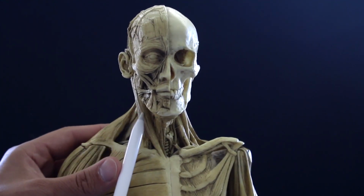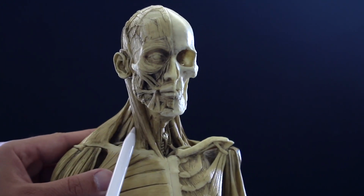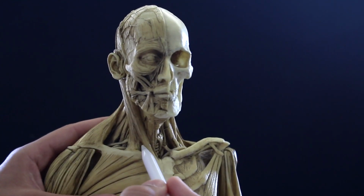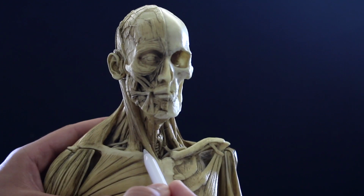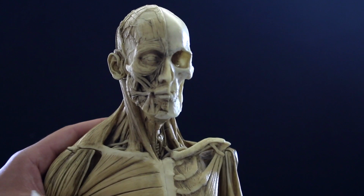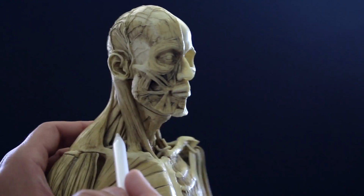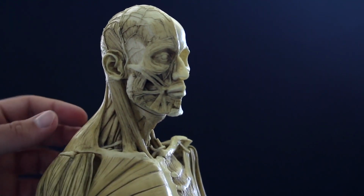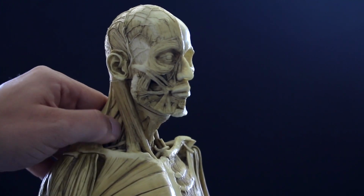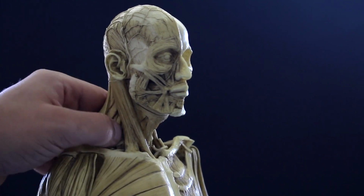As you can see, there's one muscle coming to the very center, and then there's another one coming just a little bit behind. This creates a triangle here, and it's a dip that we can include in our drawings. As well as this dip here, we have to keep in mind this hole here, because if you grab somebody from the neck and you pressure there, you can feel that there's like a soft spot. Nobody wants to be grabbed there. It's kind of painful,